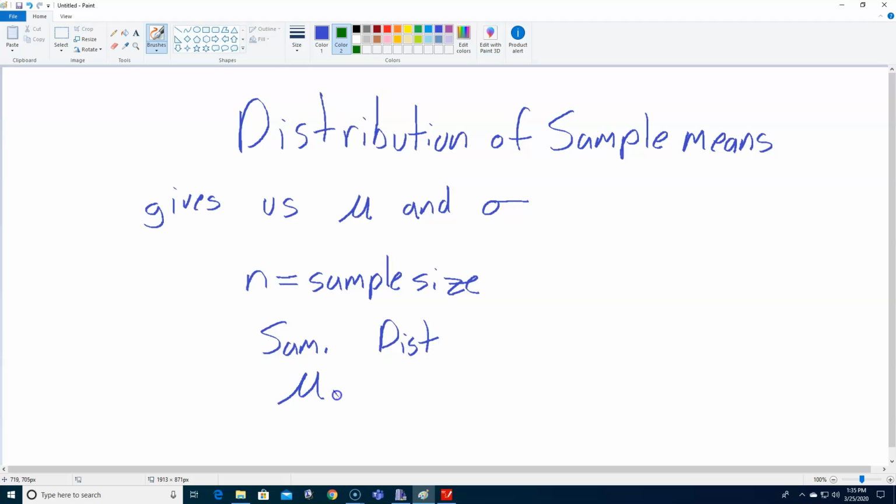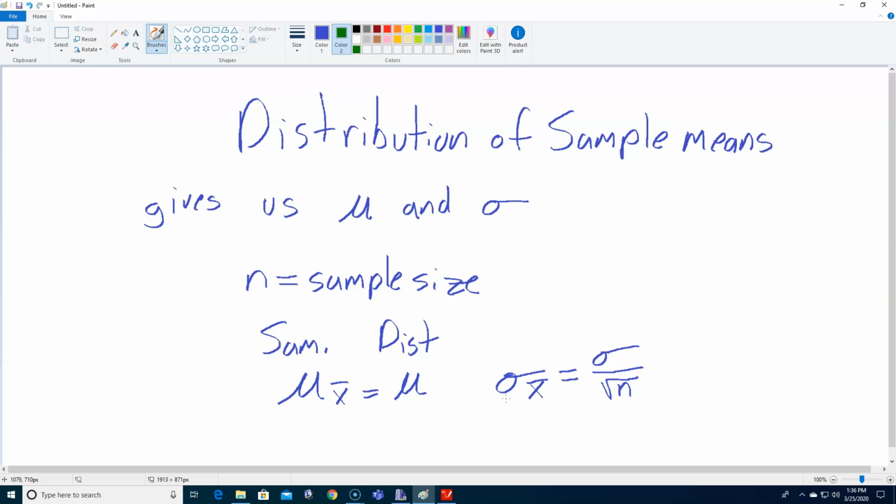our mu x bar, so that's our average for our sample, will be the old mu. That doesn't change. But our standard deviation for our sample will change. So our standard deviation is going to be the old standard deviation divided by the square root of n. So that'll be the new information that we have to get so that we can do the math on these